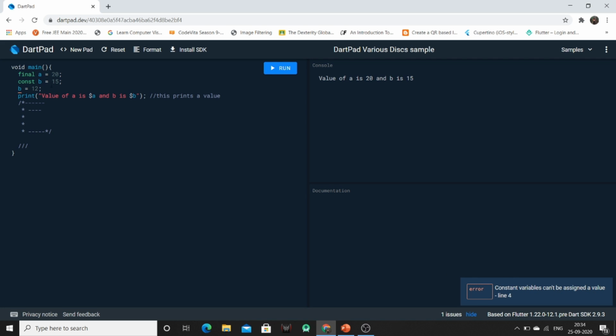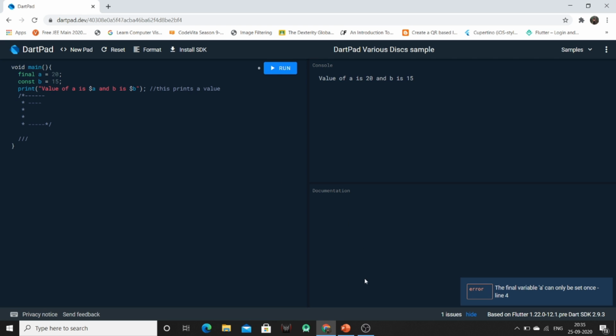Once we declare our variable as constant then we can't change its value, or if we try to change the value of a variable declared as final, then also we can't reassign the value of that variable. So the error is that the final variable a can only be set once. If we have initialized the value once then we can't change it.